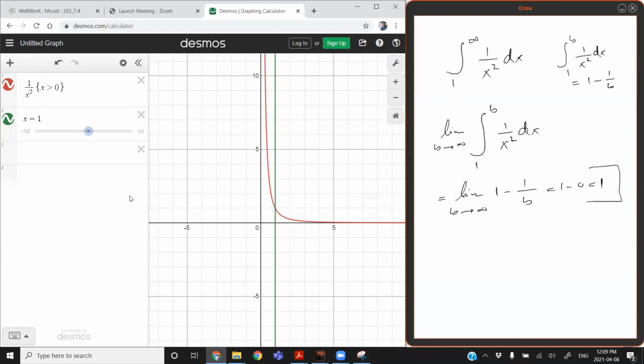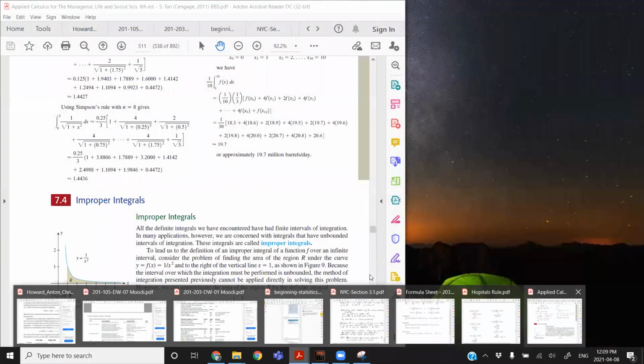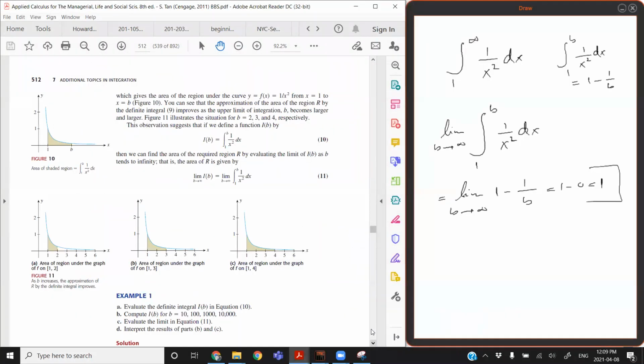Is the approach clear, how we're going to approach this type of integral, improper integrals? Yeah. Great. Okay, so